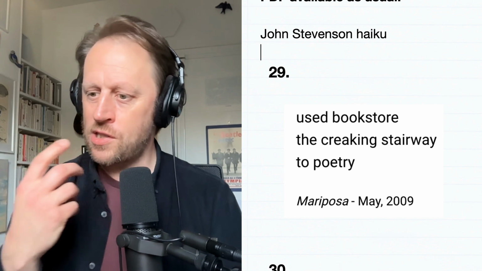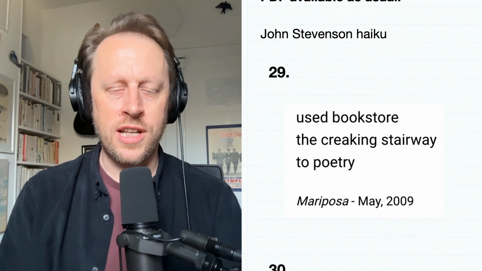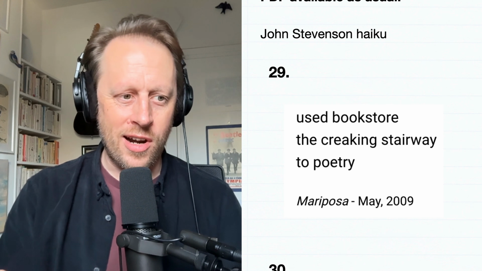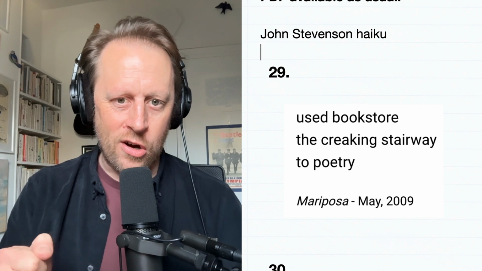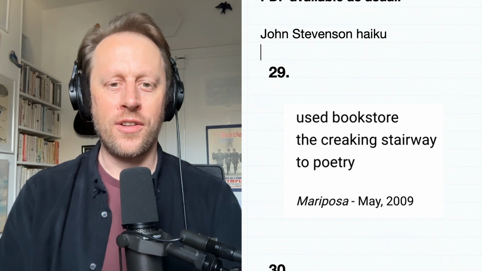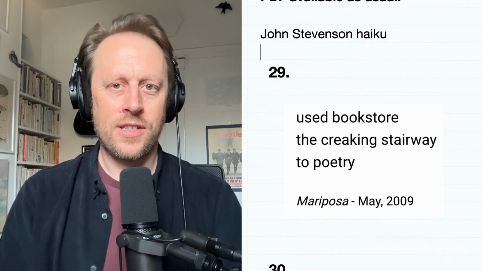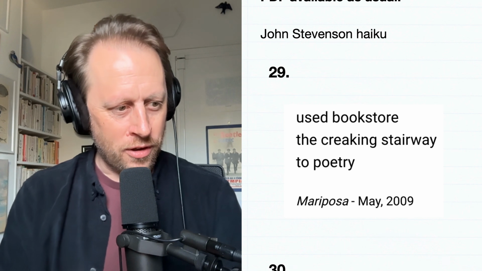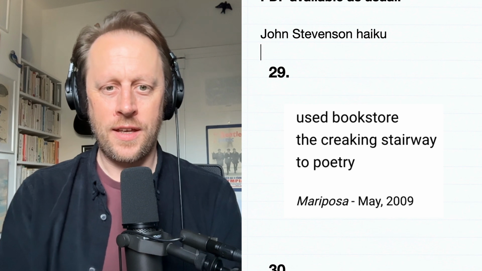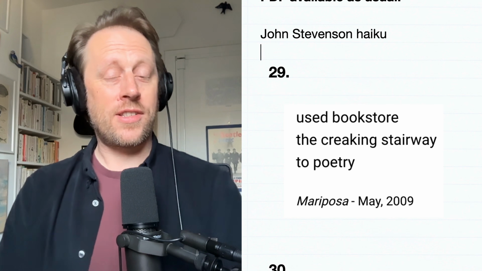Creaking refers to the sound that the old wooden steps would make as you walk up them, and they go like that, right? The sort of old wooden furniture that creaks. So it's just the sound that old wooden things make when you put pressure on them, creaking. Okay, yeah. I mean, it's just a nice